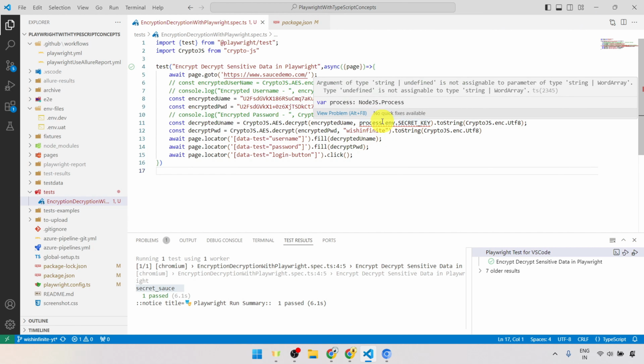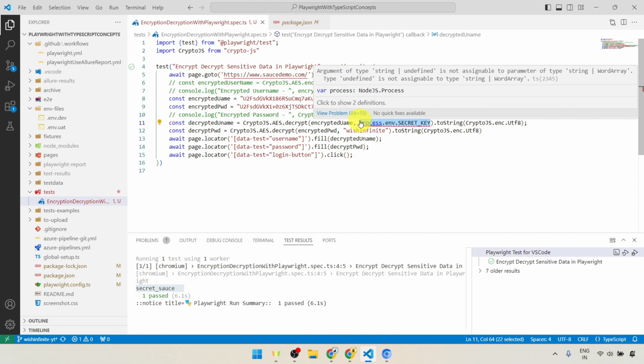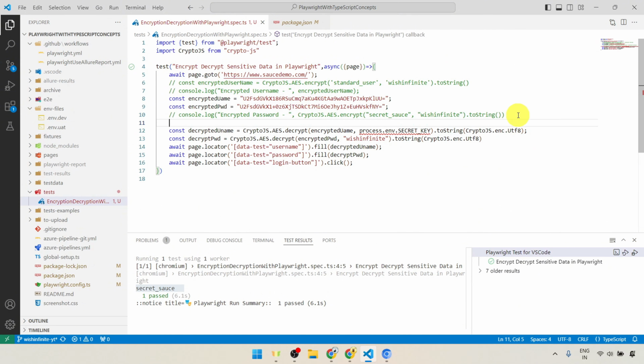Here we are getting this warning because process.env.secret key is going to return us either the string or undefined, right? Because while starting the execution, there may be the case that the user is not providing the value itself. In that case, it can receive undefined. And to avoid this particular error, let's save this process.env.secret key into one variable. So const secret key, any variable name you can provide, equals to this